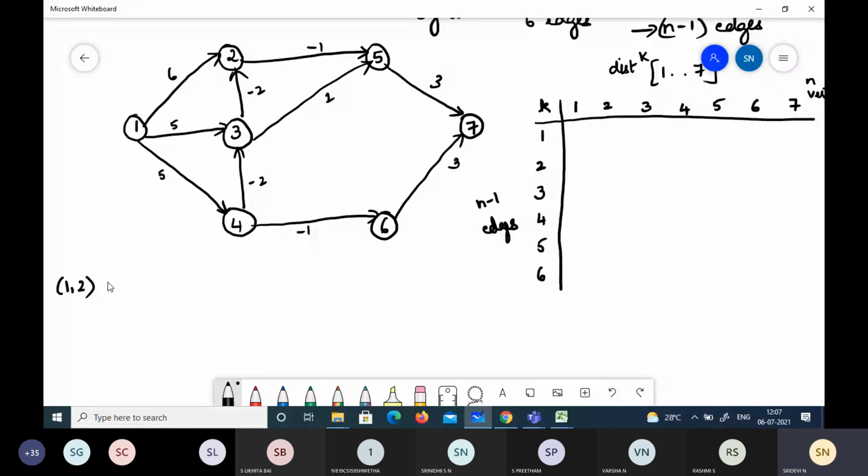1 to 2. Can you tell me now? So 1 to 2 is one edge. Yes, we are noting down the edges. Just tell me what are the edges we have. From where to where do we have edges? We have an edge from 1 to 2. Then